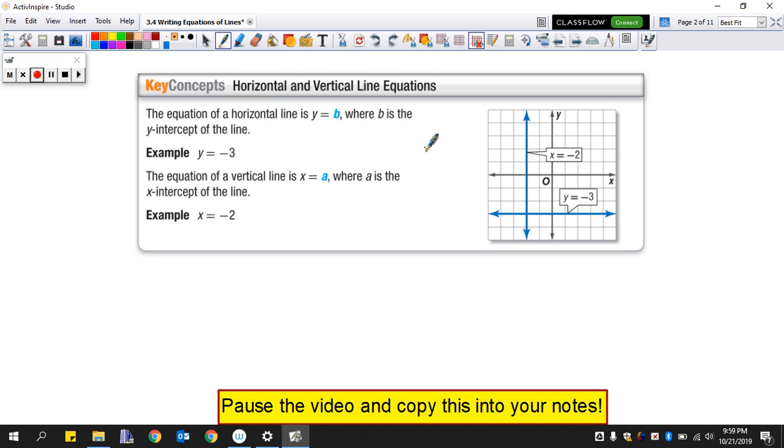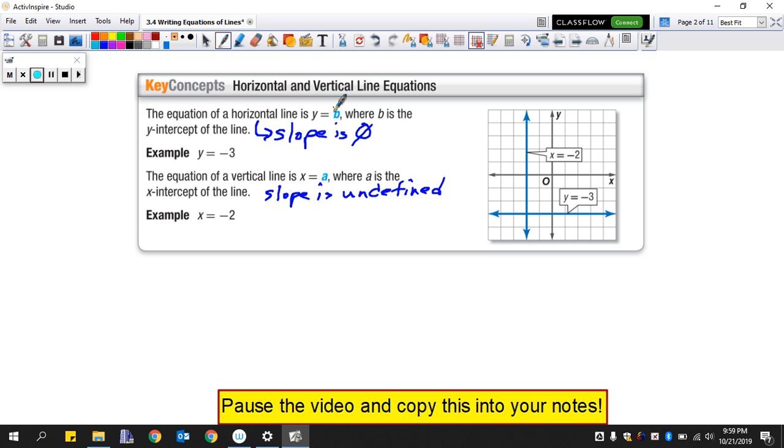Occasionally we'll have horizontal lines and vertical lines. Remember that the horizontal line is a line where the slope is 0. You have a slope of 0. And a vertical line, the slope is undefined because it has a 0 in the denominator. Okay? So because of that,